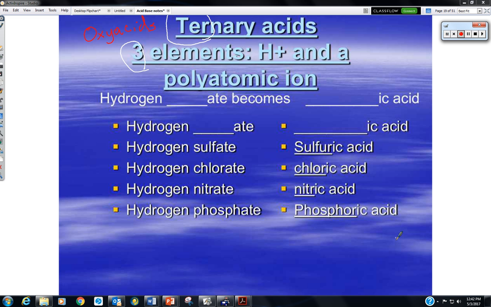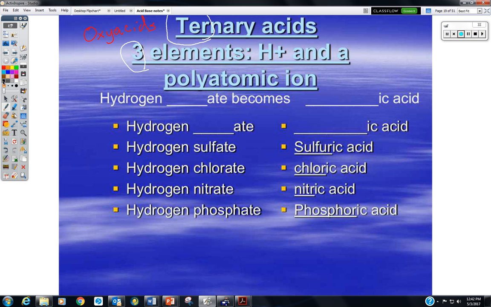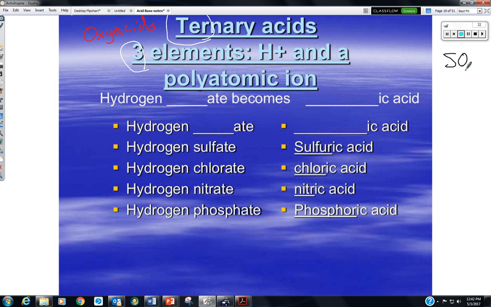Sorry about that. So we have 3 elements plus a polyatomic ion. Remember, some common polyatomic ions that you might remember would be things like sulfate,